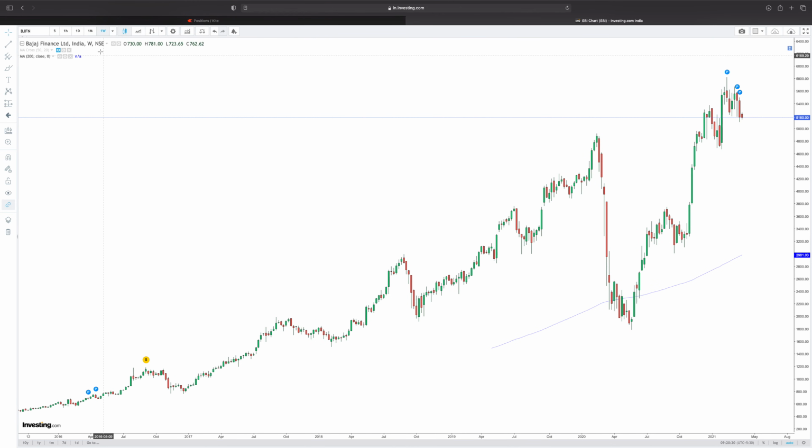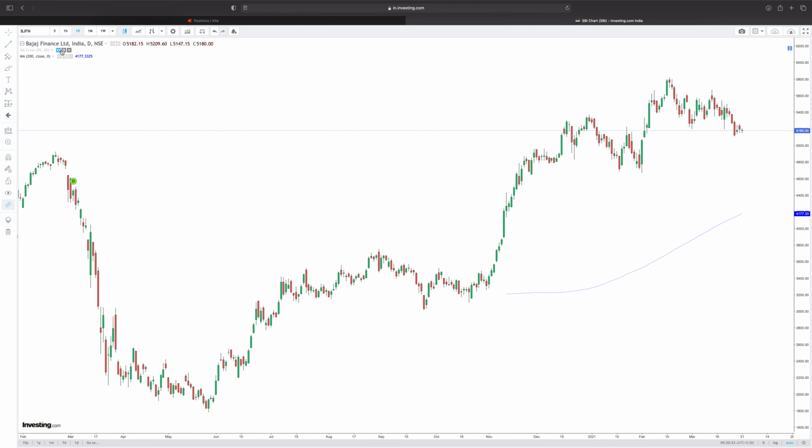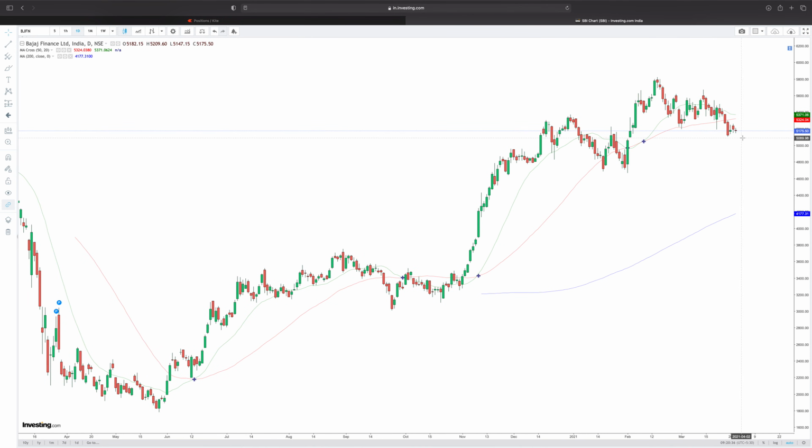Once we move to the daily chart after that assessment, we want to remove the 200 SMA, or we can keep it, it's not a problem. But generally, what we want to do is focus on the 20 and 50 SMA, because we want to make our time frames even narrower. And in the 20 and 50 SMA, what are we basically looking for? We are looking for the direction of the slope. So we see the 50 moving upward, 20 moving downward. When you have conflicting directions, it becomes a range clearly. And we are also looking for the width. If the width is narrow, it is again a range.